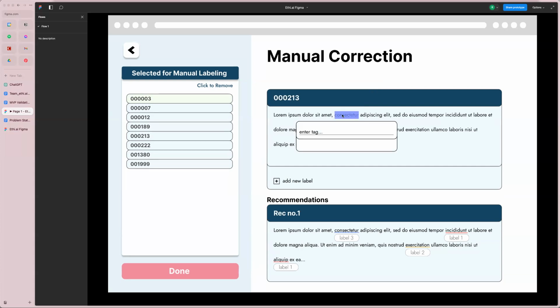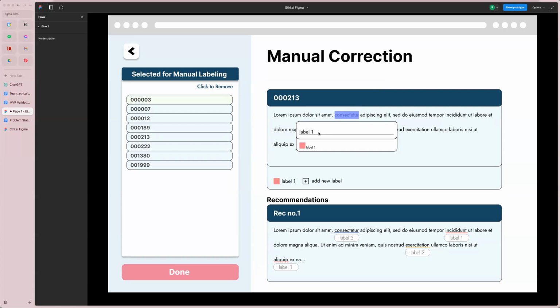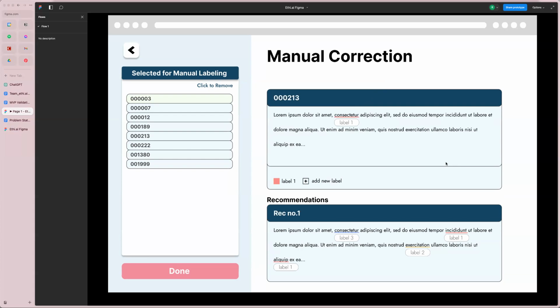So let's hover over this. I'll give it a different label. Let's just say I typed it. And then now it has a label that I have given it instead. And if you want to just go with the LLM's annotations instead, you can just click on it and proceed with that. So once you're done manually fixing all the